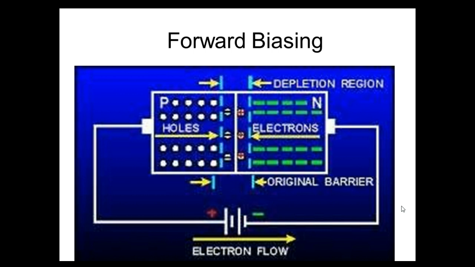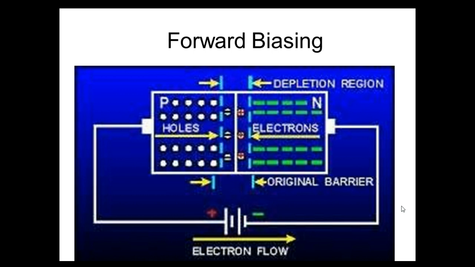In a similar manner the holes will also operate. They will get repelled by the positive polarity of the external applied voltage and attracted by the negative polarity of the external voltage. If the applied DC voltage is more than the barrier potential, it will be able to cross the depletion region, otherwise it won't. So from this we can clearly understand the electron flow direction.